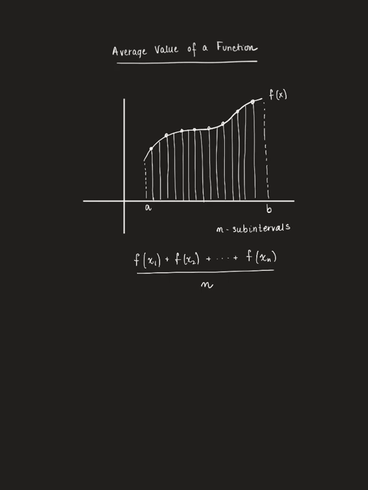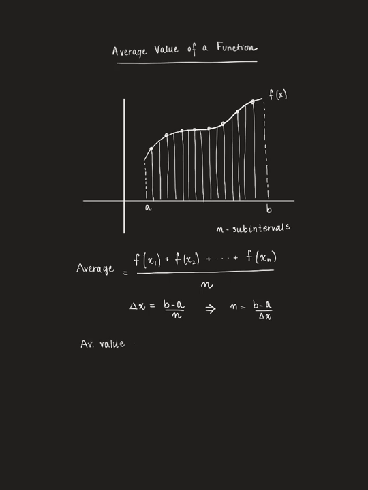So this is average value. Average, that's what this means. But we also know that the width of each subinterval, when we divide into n pieces, is equal to b minus a divided by n. This is the same thing as saying that n is b minus a divided by delta x. So I'm going to rewrite this average value,